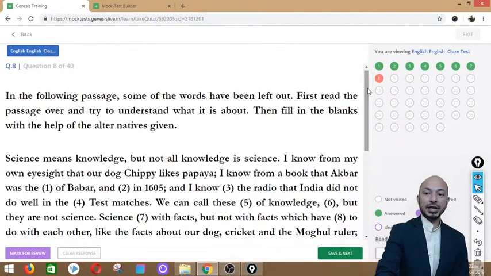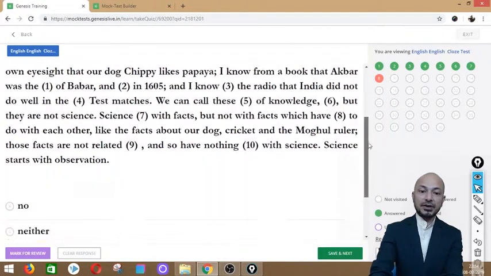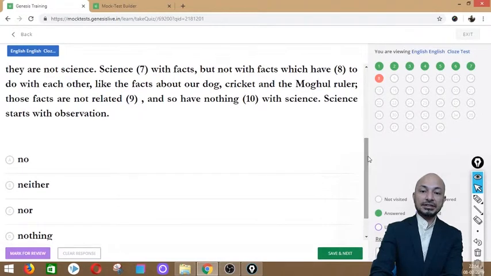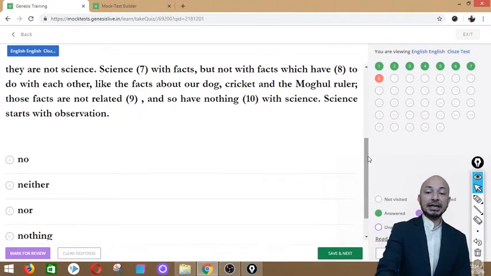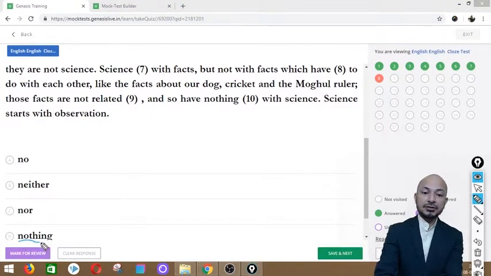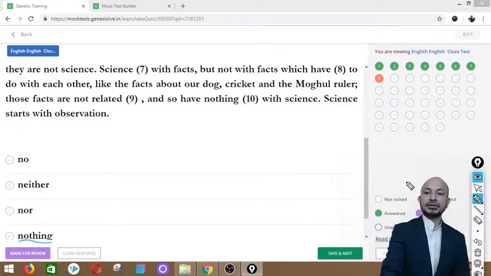So over here we have these 4 options they have given: no, neither, nor, or nothing. So let's look at the sentence again. And science starts with facts, but not with facts which have no to do with each other, neither to do with each other, nor to do with each other, or nothing to do with each other. The answer is going to be option D, which says nothing to do with each other. Science starts with facts, but not with facts which have nothing to do with each other. So we click option D